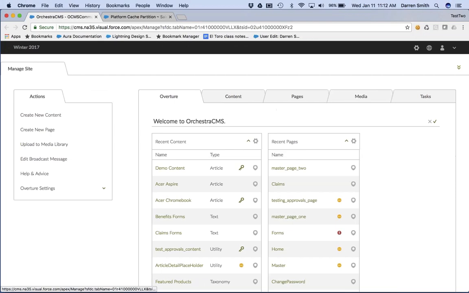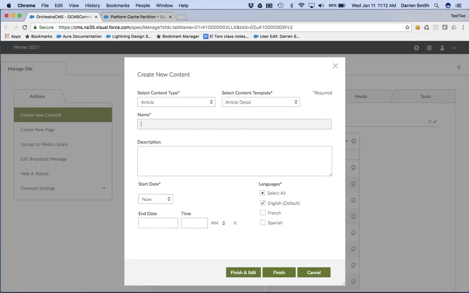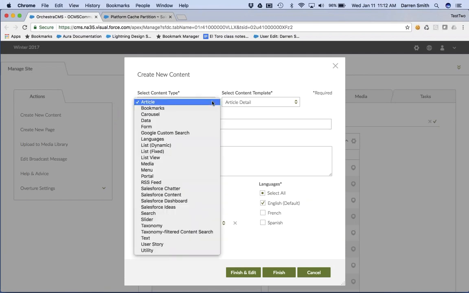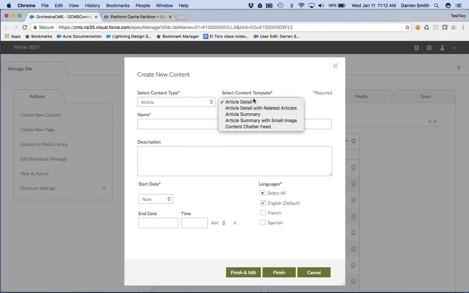So here I am in OrchestraCMS, and on the Overture tab, I'm going to choose to create a new piece of content. The Create New Content wizard opens, and where previously there were 3 steps required to have the content created, all of the options to create the content now appear in a single screen. So we can select the content type and the content template, provide the name, description, start date, end date, and languages of the content. Clicking Finish and Edit opens that content